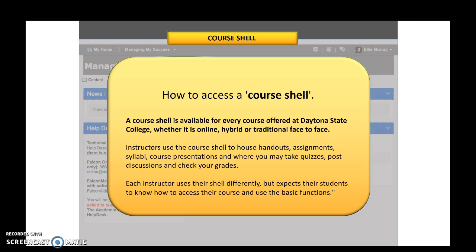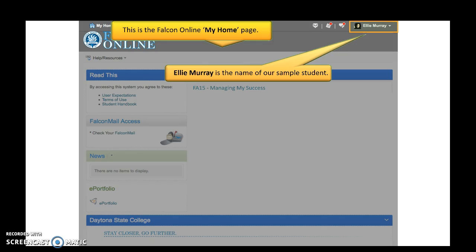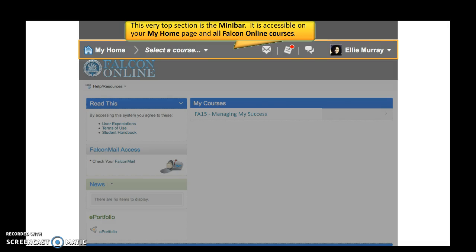So let's get into the class. Every class has a course shell, which basically houses the information for that course. So we'll use this example of Ellie as our student, and this is a home page. It has a mini bar that has a way for you to get to your course homepage and all of